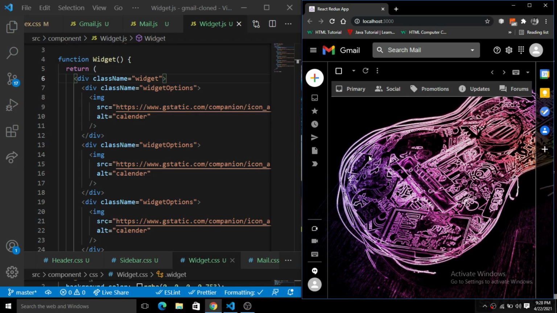So in this part we are going to build the React modal feature, and we will create a modal that sends the message directly to the other recipients.